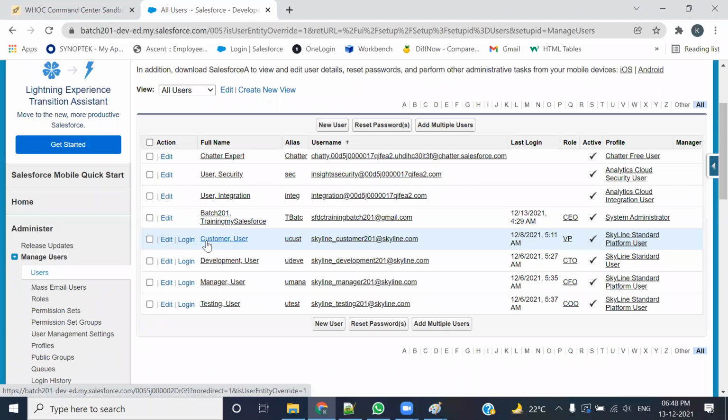How to put that restriction? If, for example, the development user creates a record, the record should be visible to him and to his manager. Apart from these 2 persons, nobody else should have the access. And that is what is happening right now, which is why I took you back and demonstrated it once again. This was last done on Friday. But probably if any of you were absent or forgot, that is why I wanted to show this again